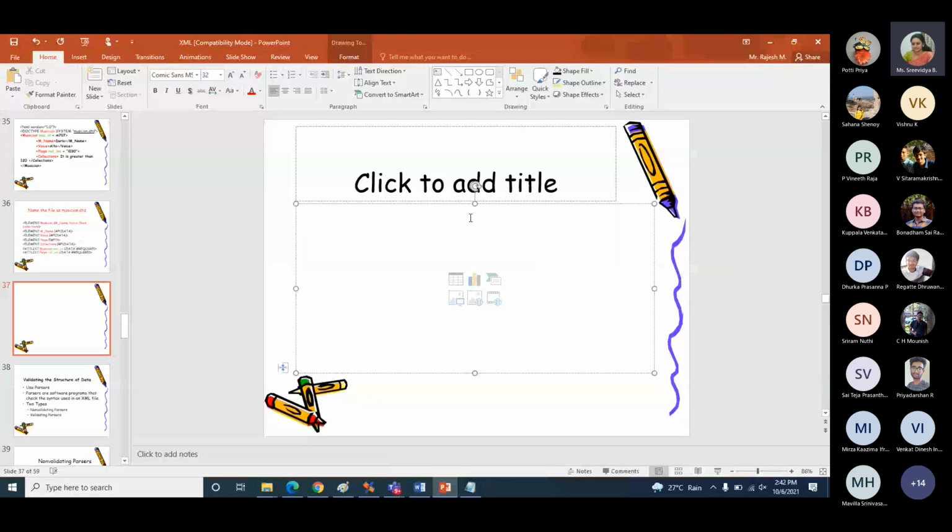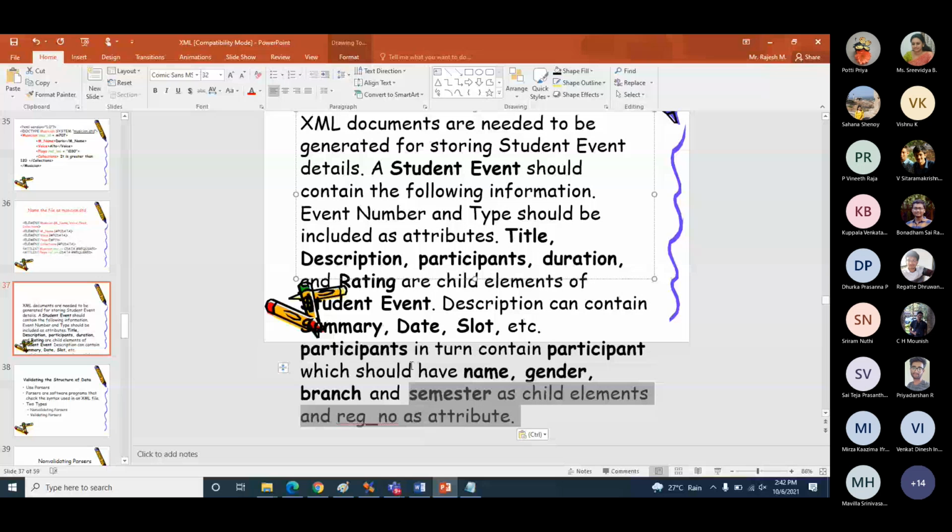Okay. There is a description given here. I think you are able to see the slides. Students, are you able to see the slides?